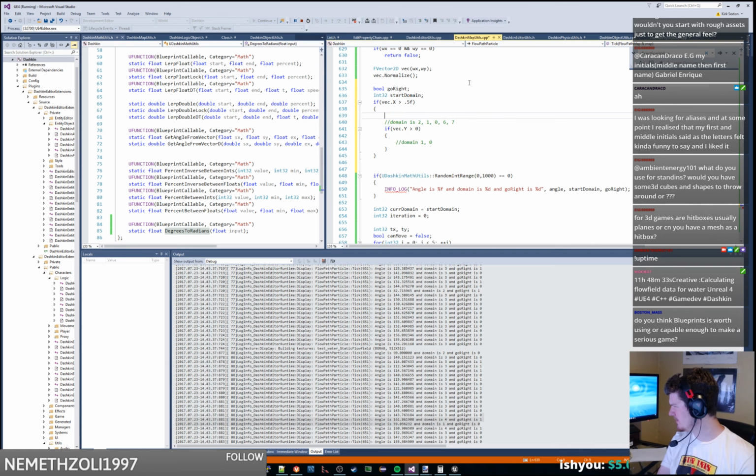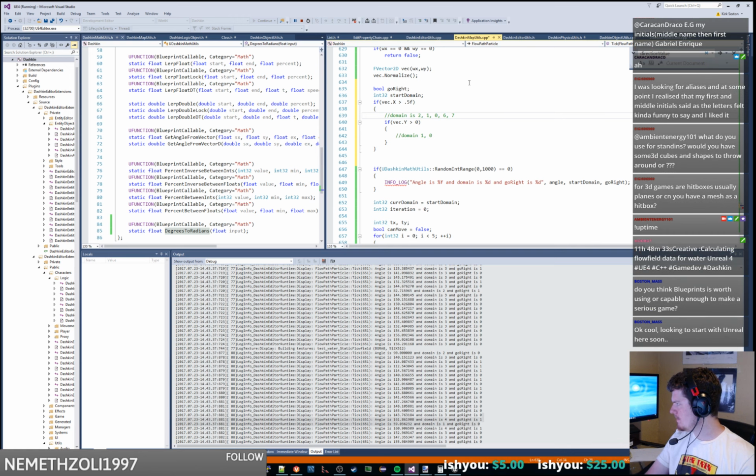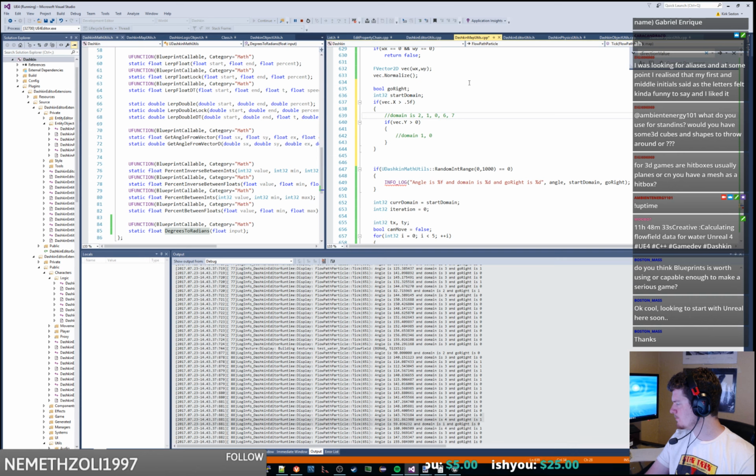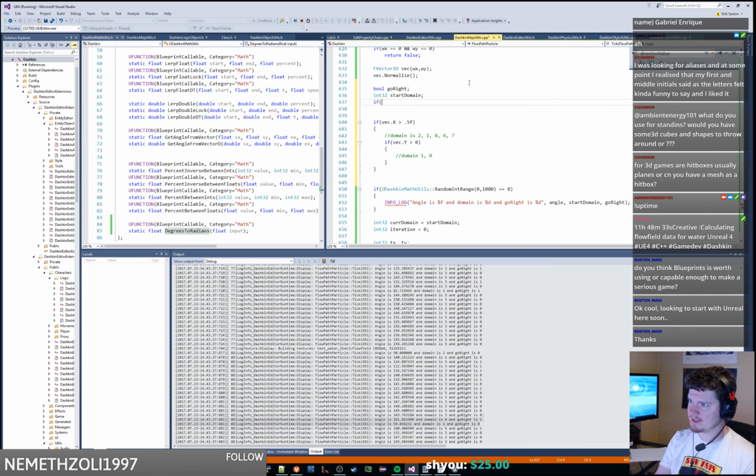Alright, so what we want to see is if... Yeah, so these are our potential domains for this one. I should probably just have a test here. So if vec.x is greater than 0.07, I mean,